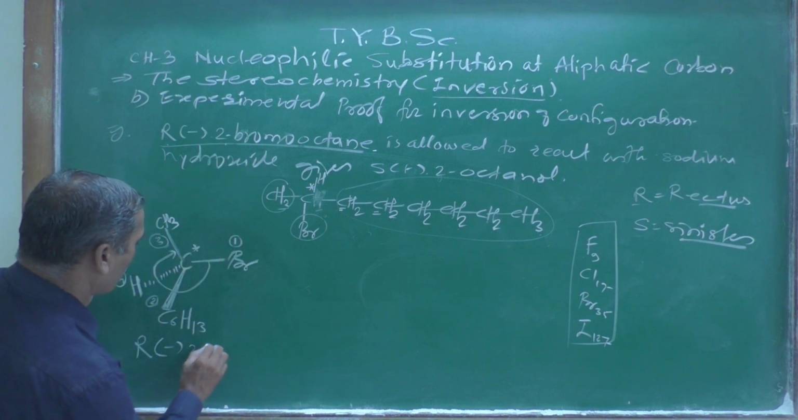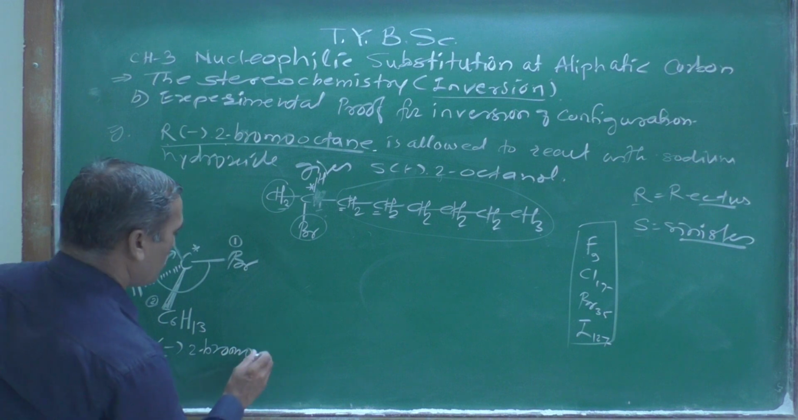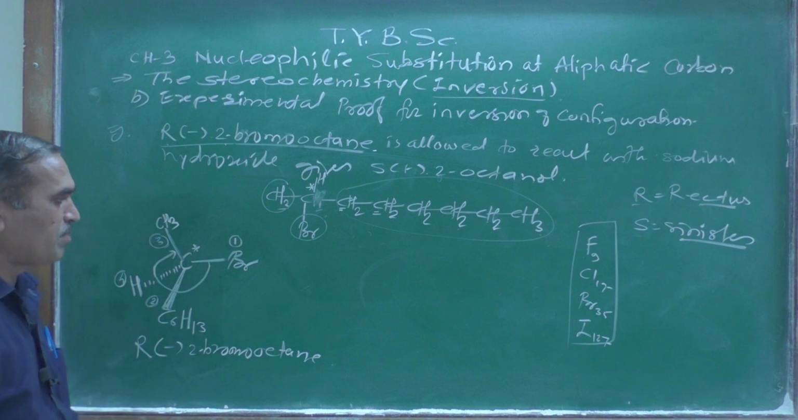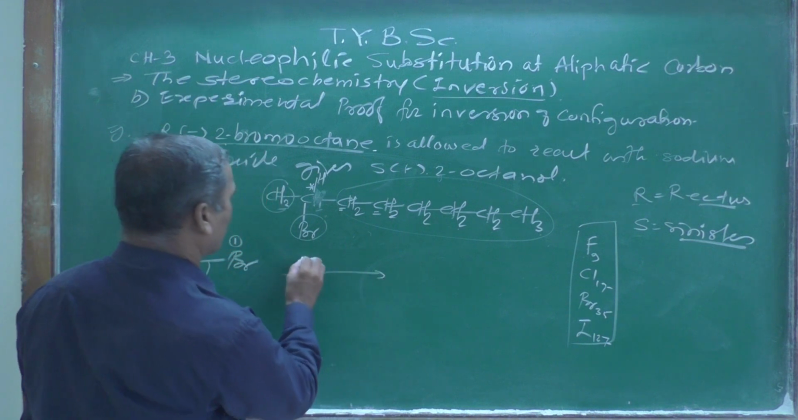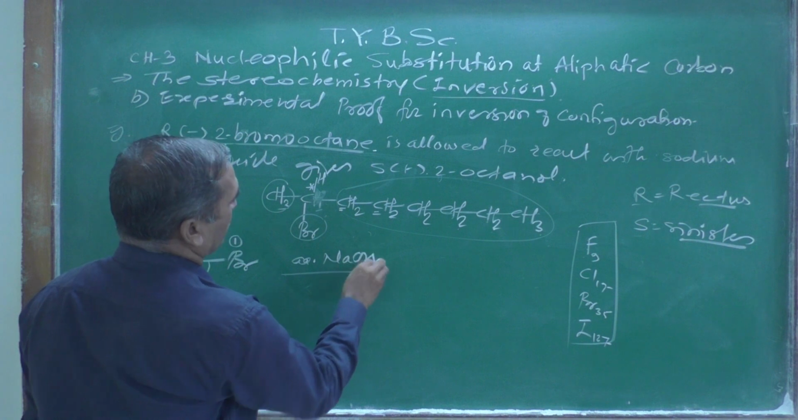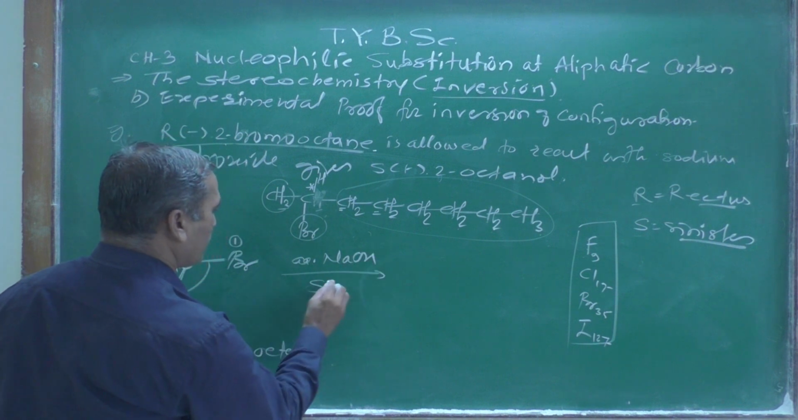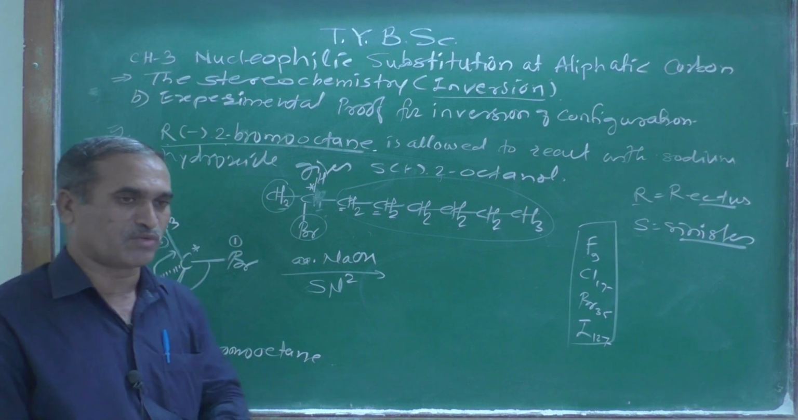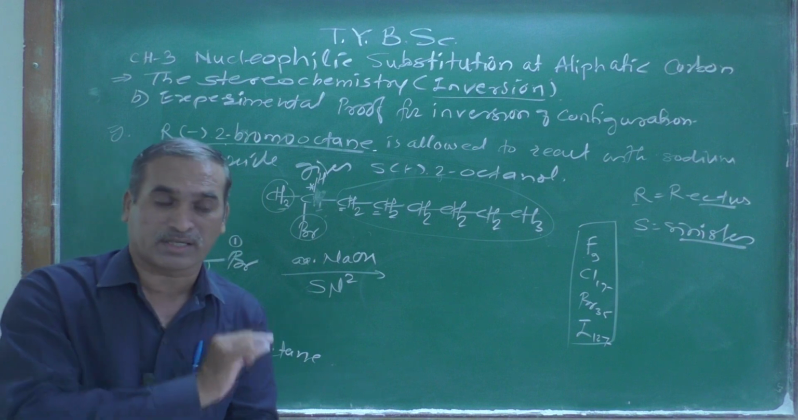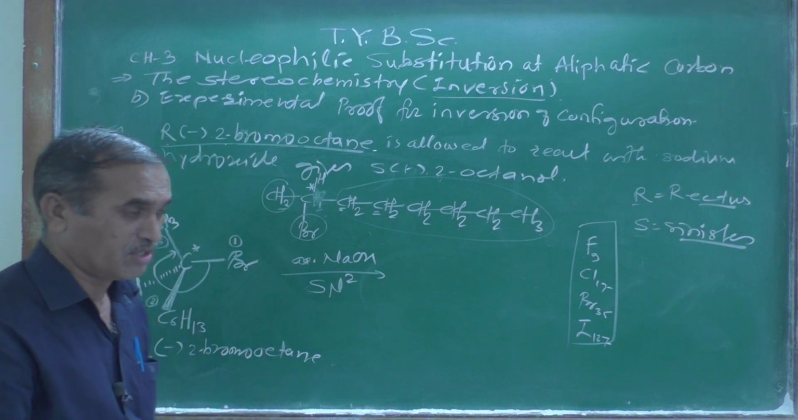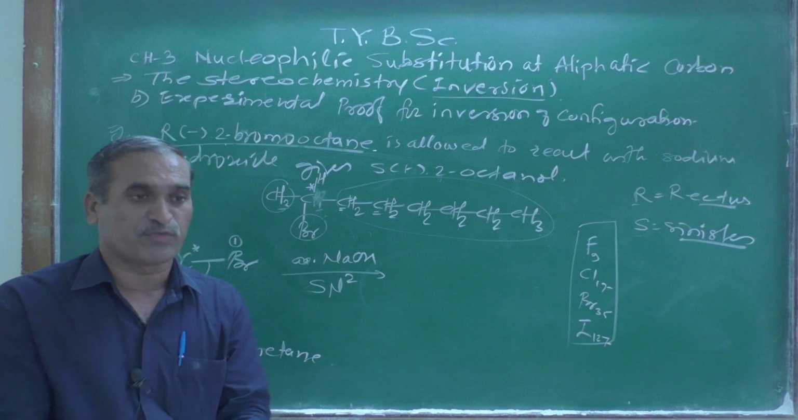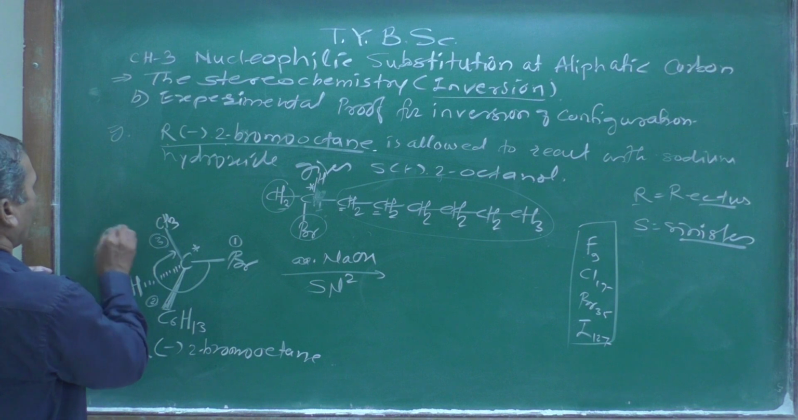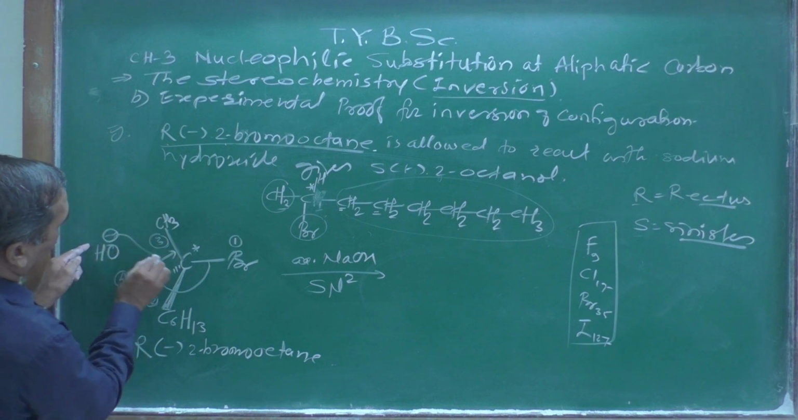R-2-bromooctane. So this is the name of this compound, and now this compound is further treated with aqueous sodium hydroxide by the SN2 mechanism. In an SN2 reaction, we know that it is a concerted, one-step reaction. The nucleophile prefers to approach from the back side, and therefore here OH minus is approaching from the back side,